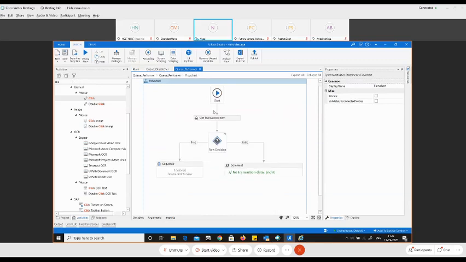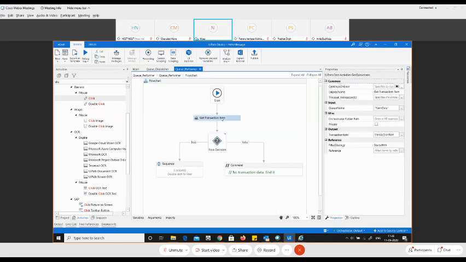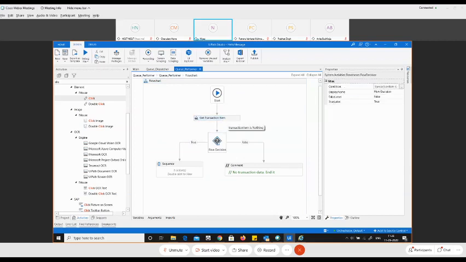Now let us head back to the page here. So if you see here, we're first starting the transaction and we are getting the transaction item, and in the transaction item we are doing a flow decision. If the transaction item is nothing, we are ending it. Or if the transaction item does consist of a value, it comes to the sequence.